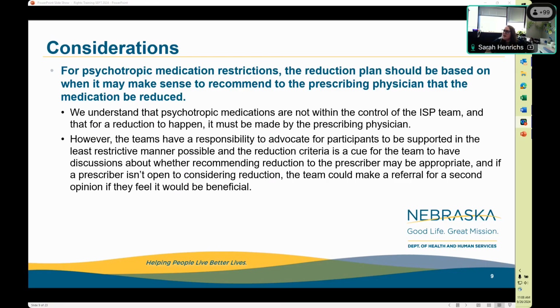What if the doctor says not to come back for reduction of medications as the participant is at the best level, or they will leave the participant? That's not okay. That's a concerning thing to hear from a physician. I don't want to get too deep into that because I want to be mindful of our time and to get through the whole presentation. But I would maybe like to talk with you more about that, if that is something that you're seeing, because